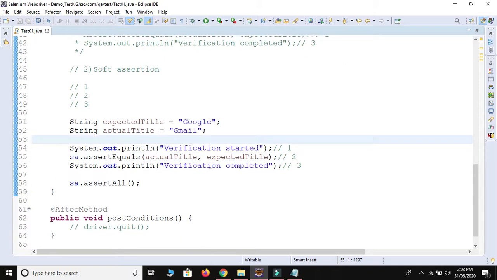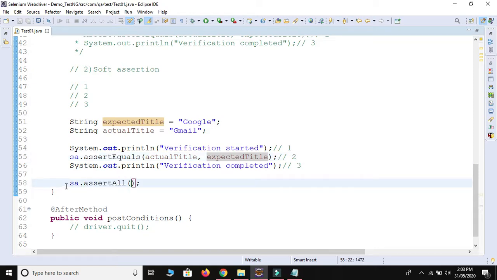Now as I said, if we get an exception at line number 2, and in this example we definitely get an exception because the actual title is Gmail and the expected title is Google. Both are different, so it will throw an exception at line number 2, and after throwing the exception, it will execute the remaining lines of code and then collect each and every exception at the ending.